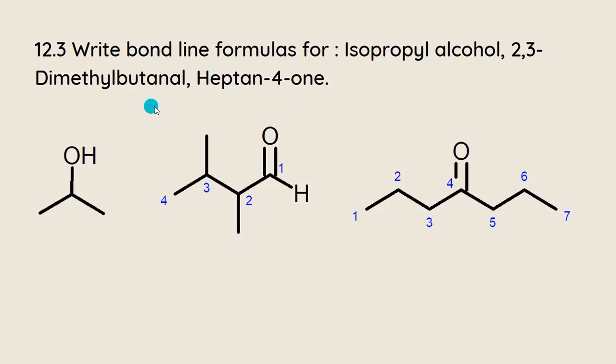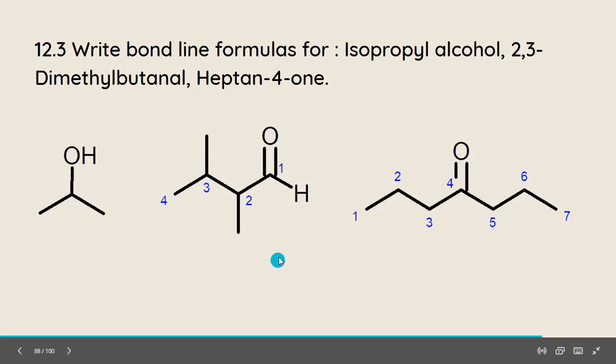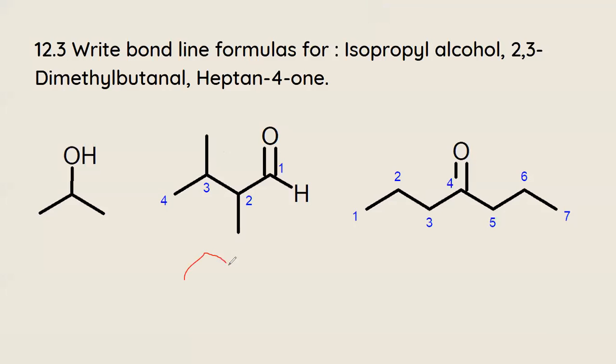Next is 2,3-dimethyl butanol. Generally for such structures, the first thing you can do is draw the basic chain. You start with drawing the basic number four. It's easier to just draw the number of carbon atoms: 1, 2, 3, and 4. And according to this, 2,3-dimethyl butanol. So at the second and the third position, we have